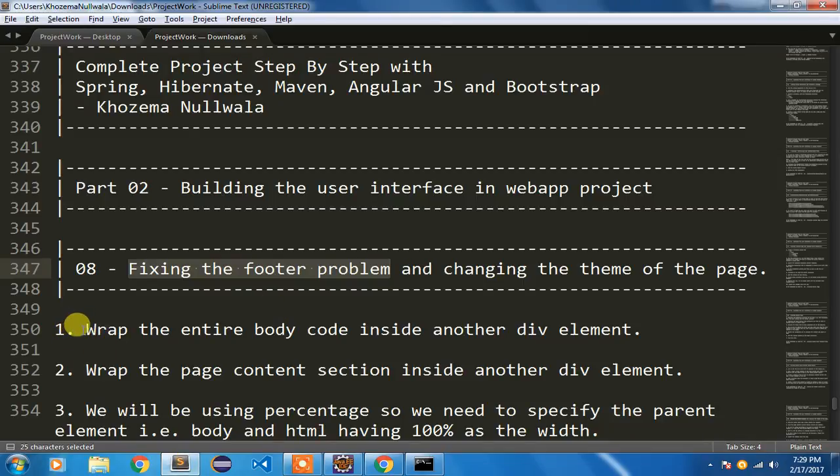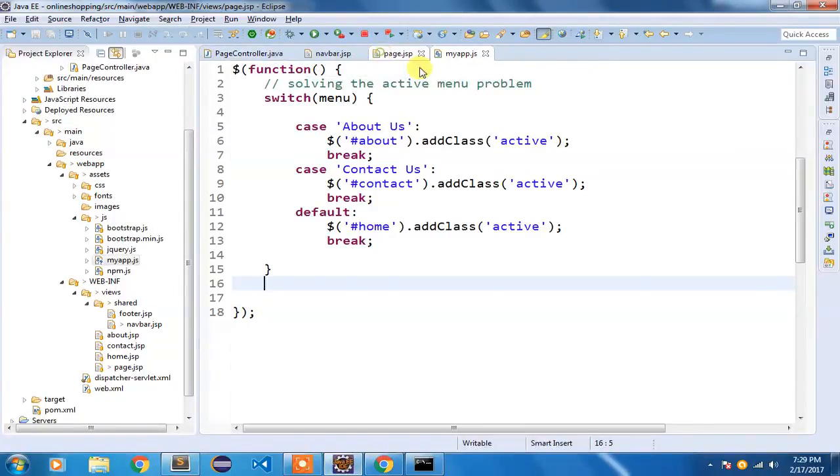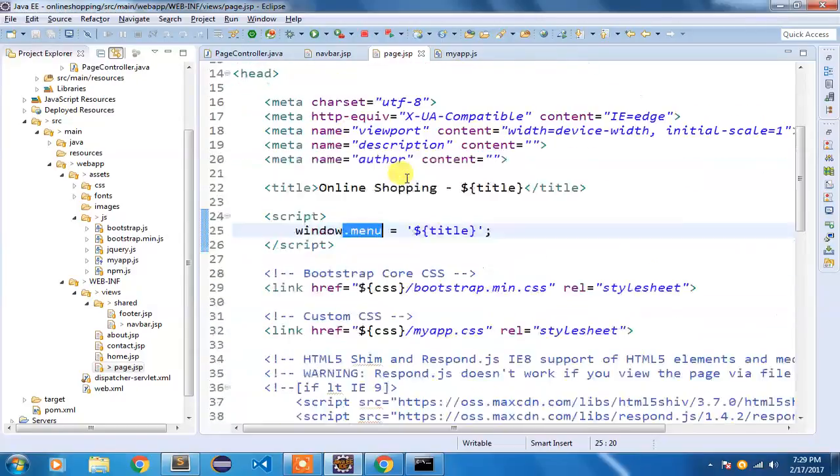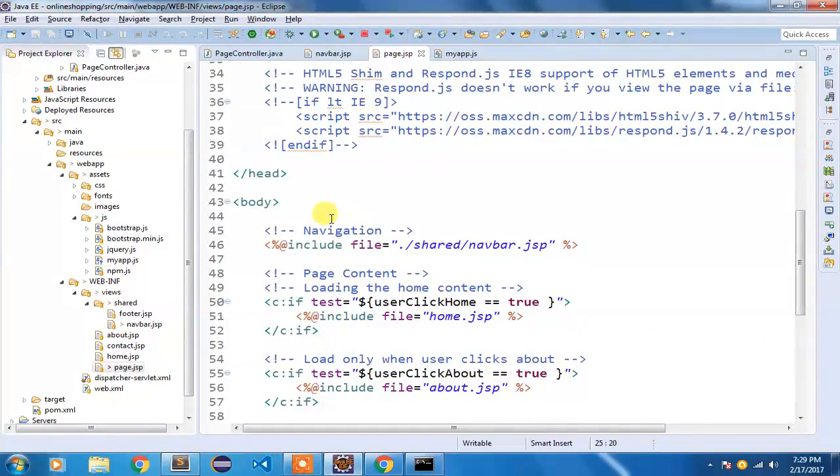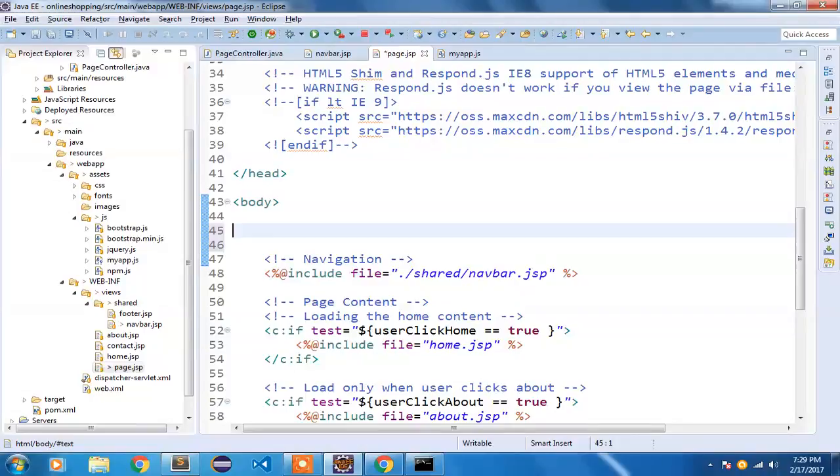First of all, we are going to wrap the entire body code inside another div element. That div element, I'm going to assign a class of wrapper, so that I'm wrapping the entire body code inside a div element. So I'm going to quickly open my page.jsp, which is my master page, and this body content, I'm going to assign it a div element with a class of wrapper.